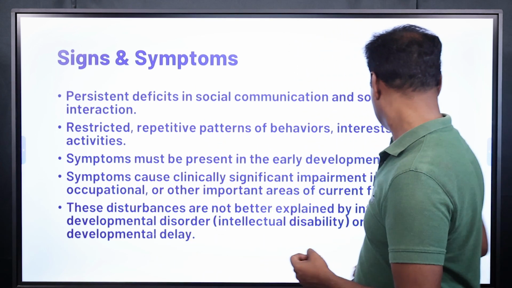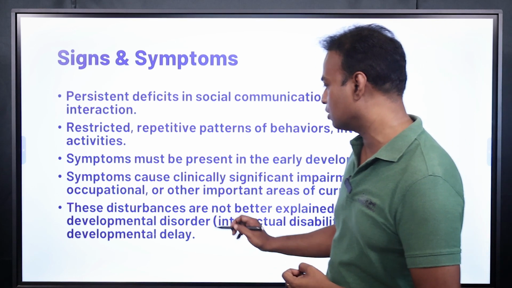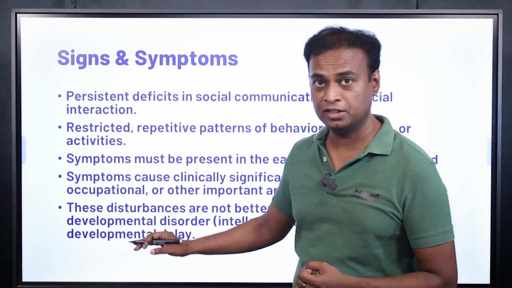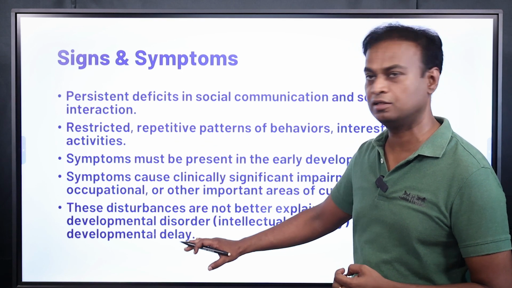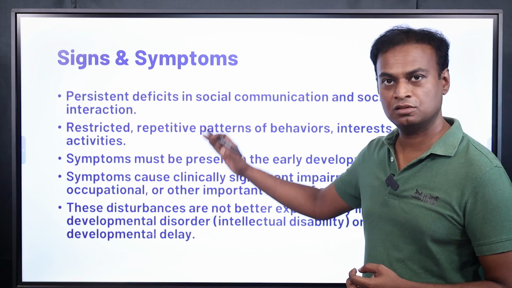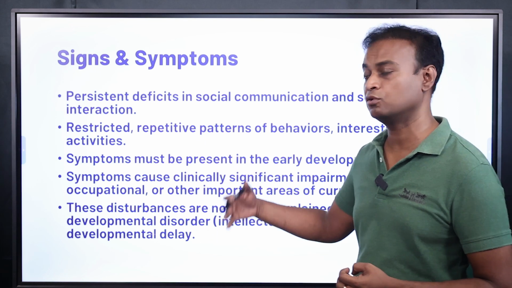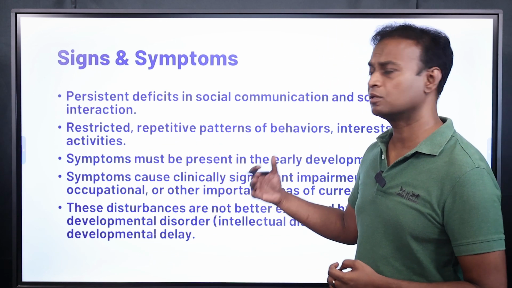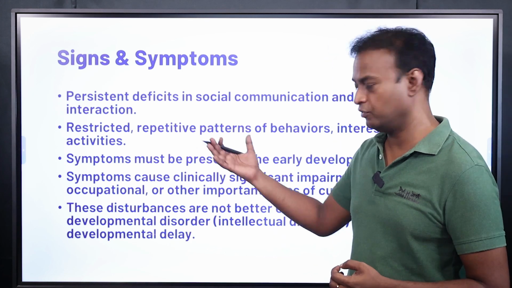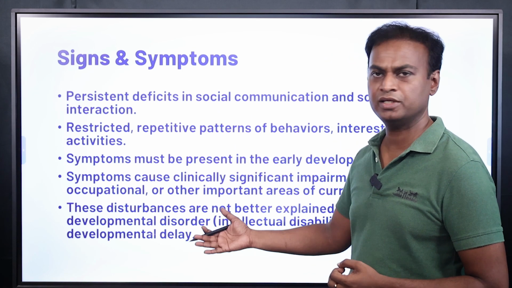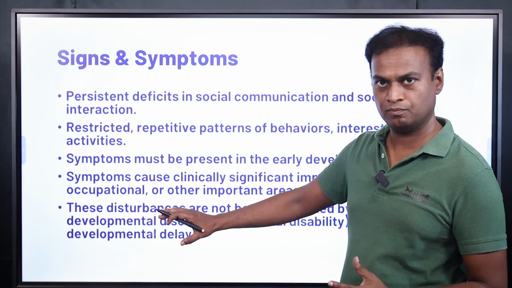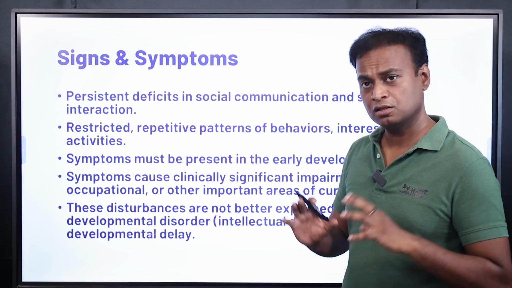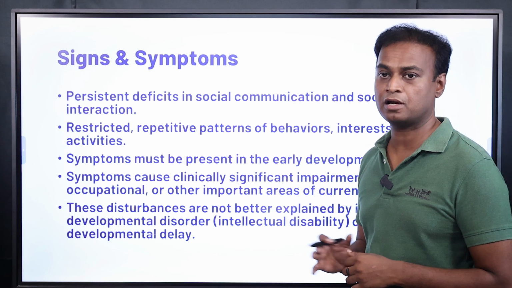These two things, intellectual developmental disorder and global developmental delay, should not be confused with autism. Autism is completely different from these. Sometimes these two may coexist, but they have to be diagnosed differently. Sometimes autism can be standalone without this, and sometimes it will be combined with this, but you have to differentiate. Having these problems is not autism. Okay, sometimes it may coexist, but you have to differentiate.